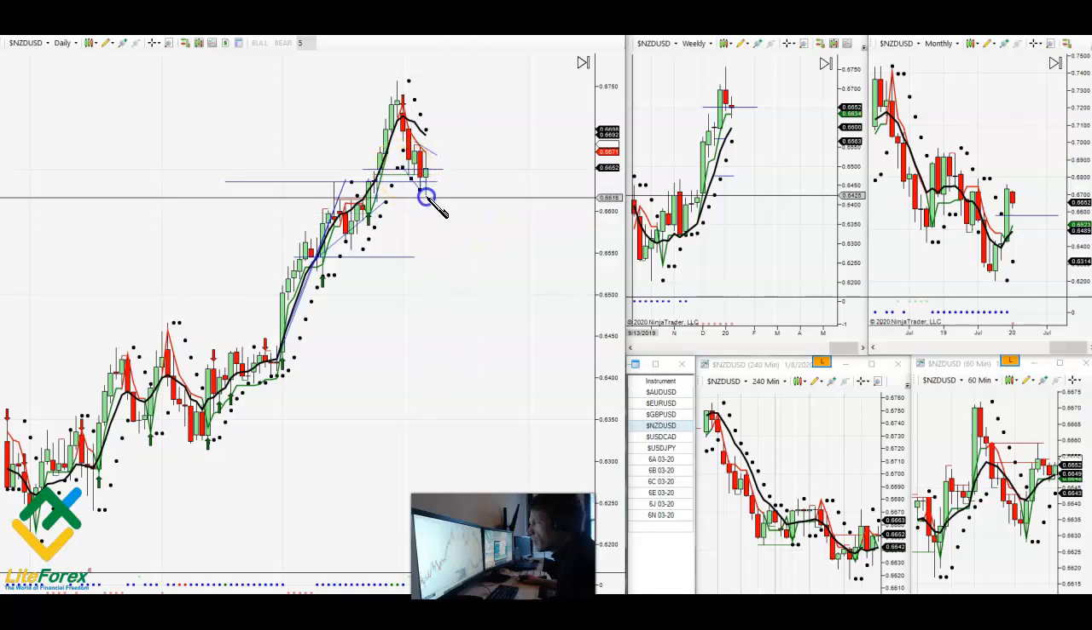Looking at this one, you can just see it putting in lower lows and lower highs, but it does appear to me like there could be a time for a rebound on this one. But let's take a look at the